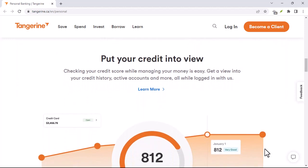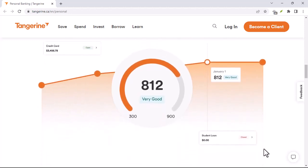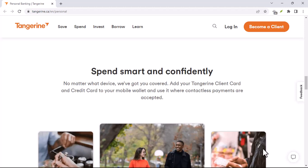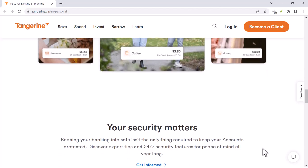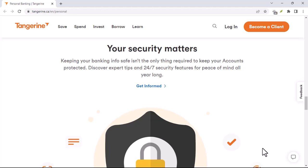In conclusion, Tangerine currently doesn't accept bank drafts as a deposit method. While this might be disappointing for some, there are several other convenient and secure options available, such as e-transfers, checks, and bill payments. If you're considering opening a Tangerine account or need to deposit funds, it's important to be aware of these limitations and choose the payment method that